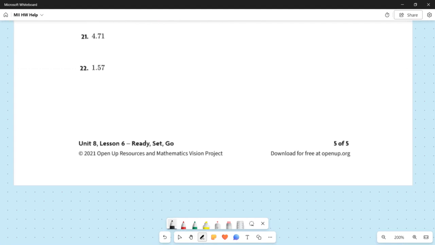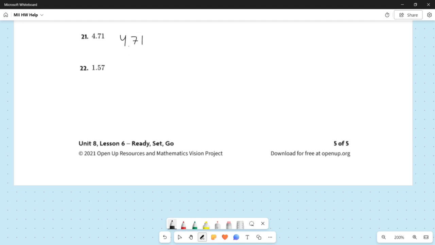Finally, question 21. Now, 21 might look a little bit different because the last couple problems that we did were fractions involving pi, and now we have a decimal that does not involve pi. But our general approach is actually not going to change. We're going to start with our